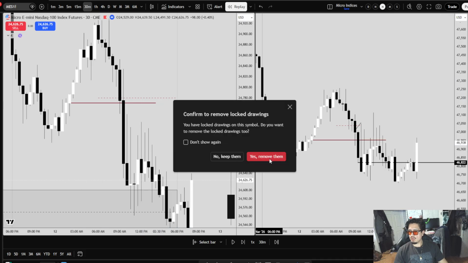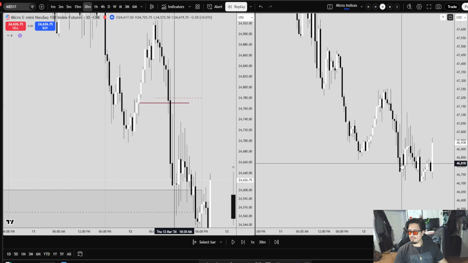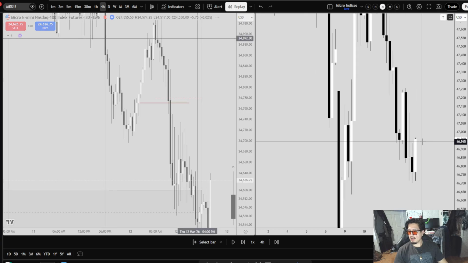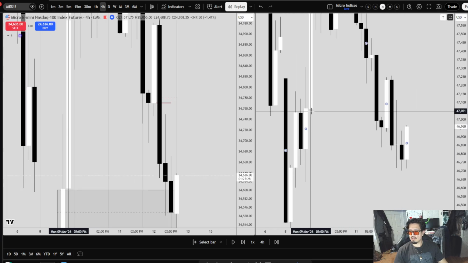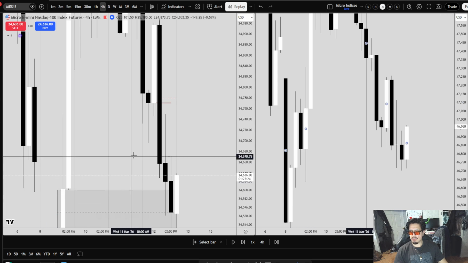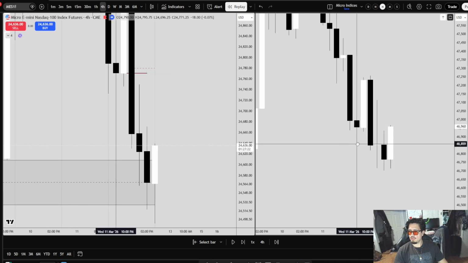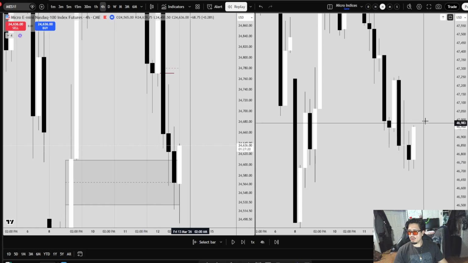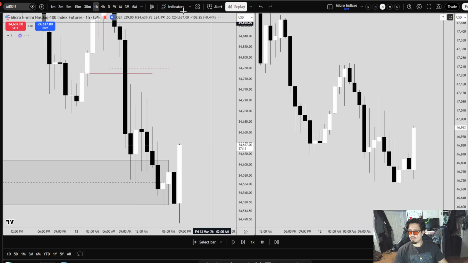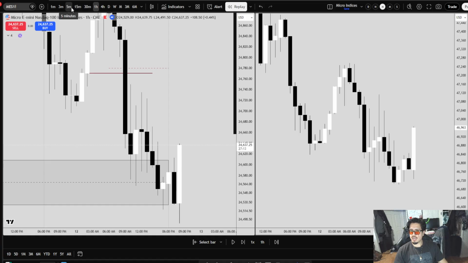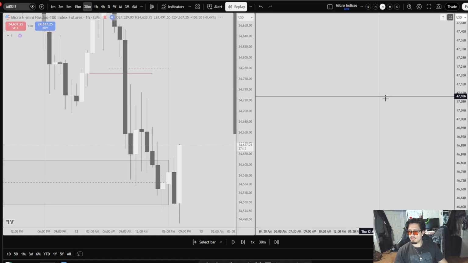So notice how once YM, where did YM? I think YM was the first to take out its low, this current candle, which is the candle that formed the gap here on NQ, and we actually went much lower here. So seeing how YM was the first to do that, it actually retraced much higher compared to NQ and ES,